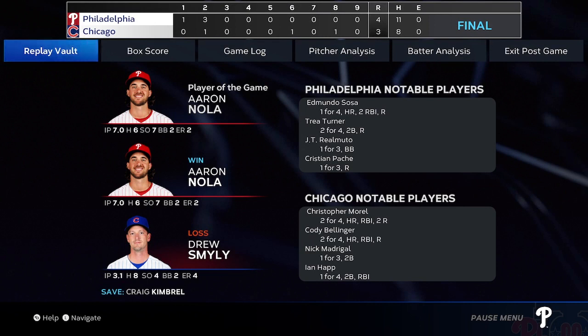Our final line score tonight. First for the victorious Philadelphia Phillies. 4 runs on 11 hits. No errors. They left 11 men on base. For the Cubs,